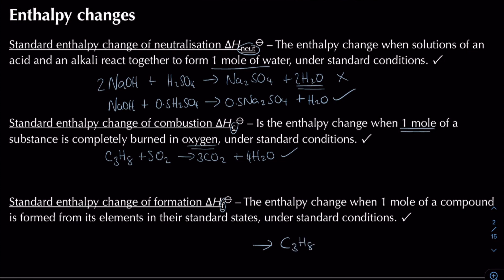I'm going to include some state symbols as well, where I actually end up with, in this case, a gas being formed from its elements in its standard states. We've got hydrogen that exists as H2, that's going to be a gas in its standard state, and then we're going to have 4 lots of that, and then we're also going to have 3 lots of carbon, that's a solid in its standard state as well. If I were to include state symbols over here, I've got a liquid, I've got a gas, and then I've got a gas again, and then I've also got another gas over here as well. But normally we need our state symbols when dealing with the standard enthalpy change of formation,